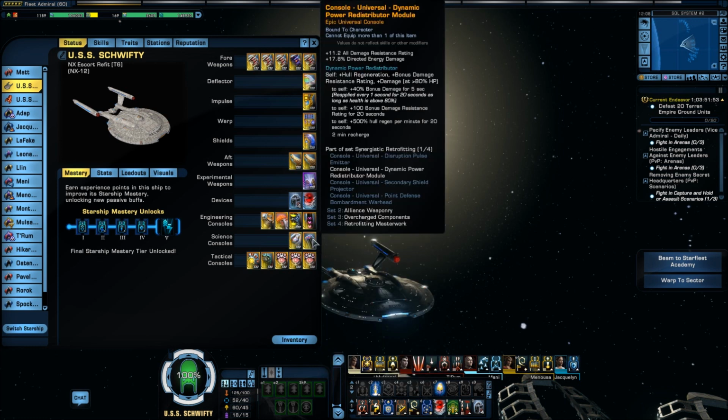DPRM from the prototype Dreadnought. You can pick this ship up for a couple of hundred million. It's well worth the grind. Probably don't recommend opening the lockboxes for it unless you need the lobby to get the consoles